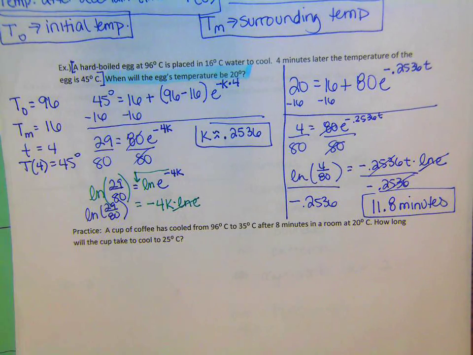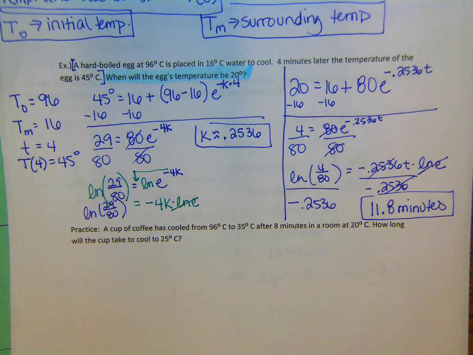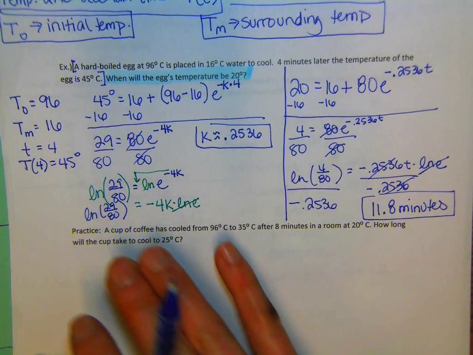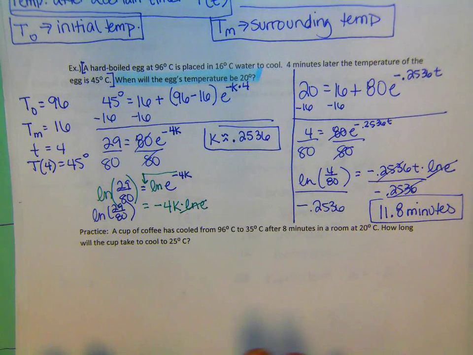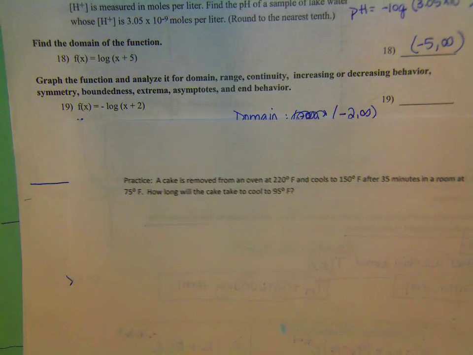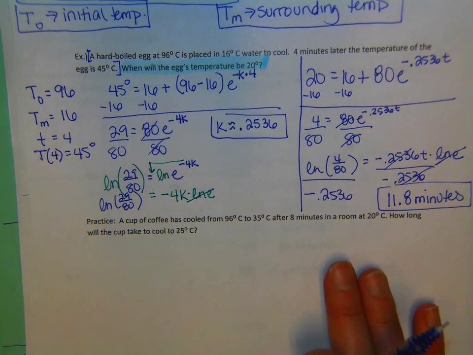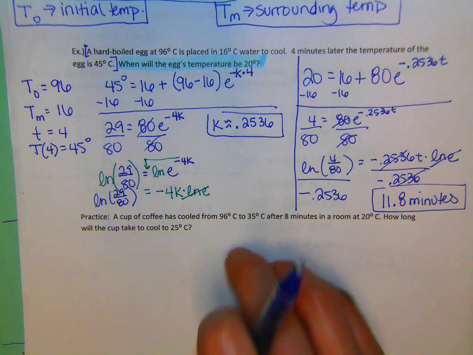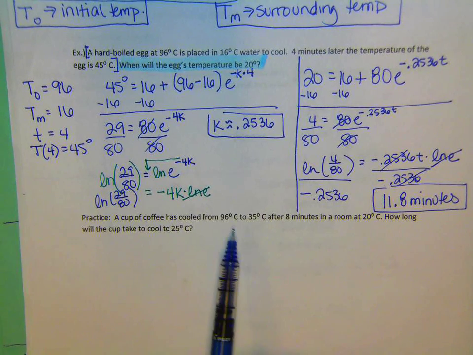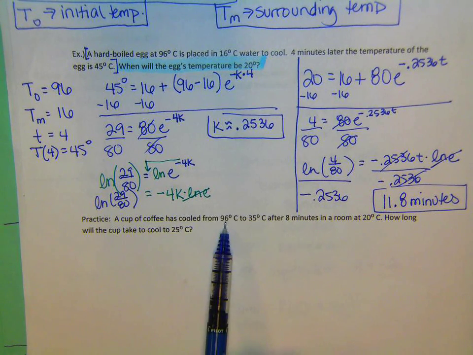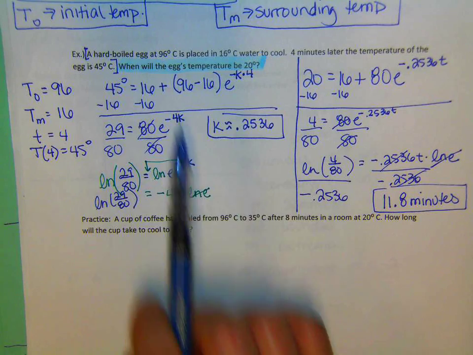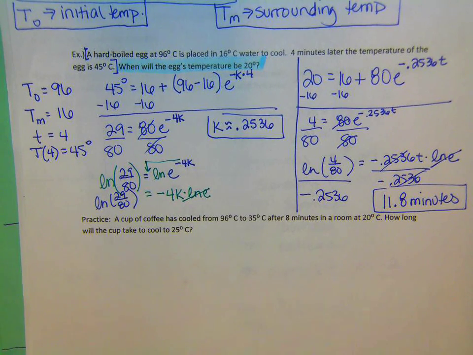So, here's the deal. I put 2 practice problems on. You don't have to do both of them. I put one on the front and the back. Would you practice this one? It happened to be that the ones I picked both start with a 96, but it's not always going to be 96. I don't know why that happened. Okay, would you